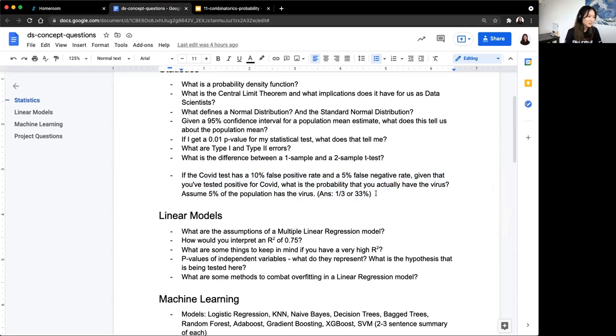But just know for now, if you want to work it out on your own, and if you're already comfortable with probability, feel free to work this out. The answer should be 33%, not what you assume of